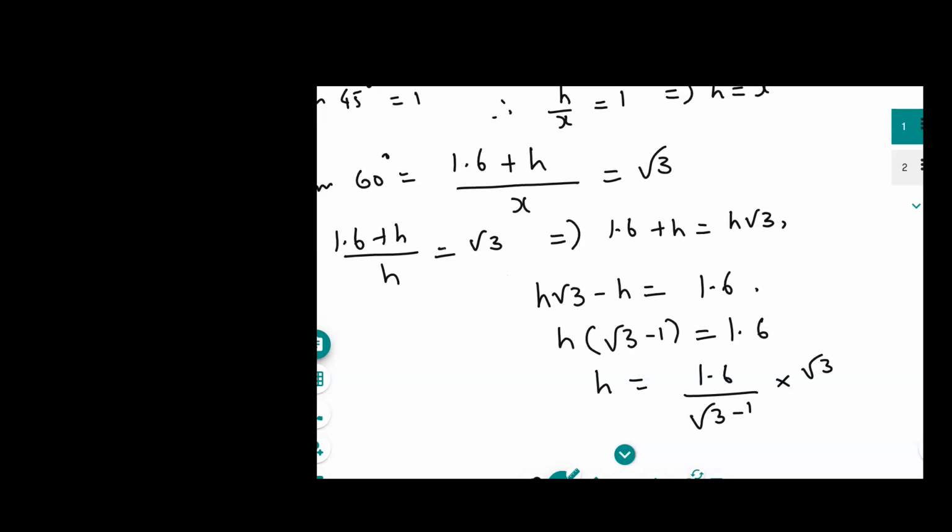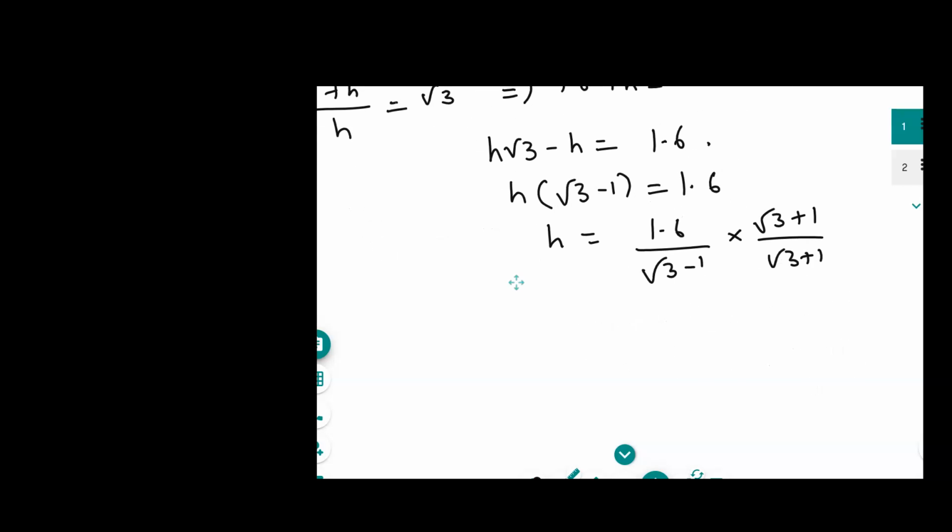Multiply and divide by its conjugate, root 3 plus 1 by root 3 plus 1, that gives you 1.6